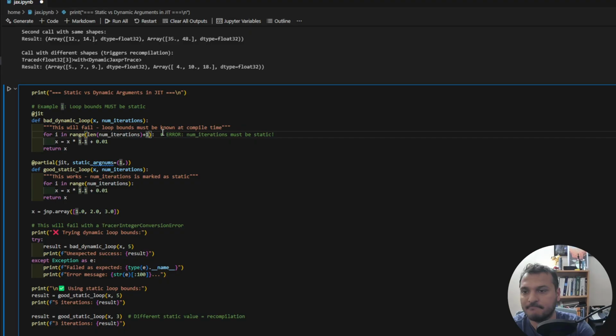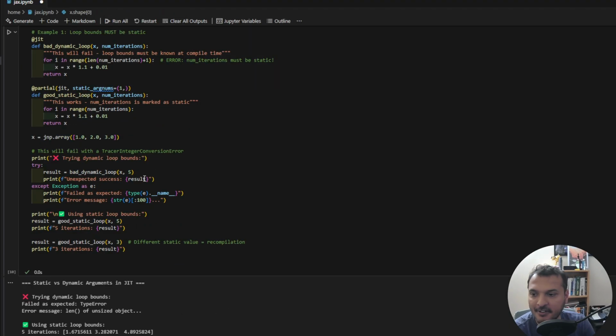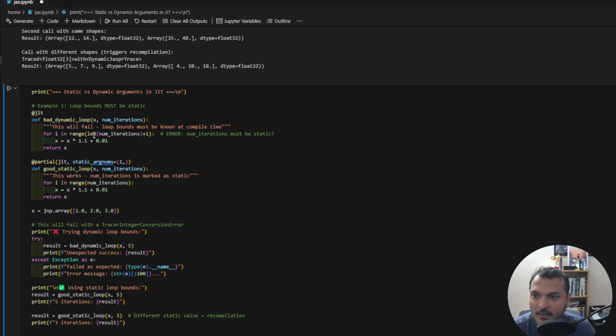Okay. So basically what I'm trying to do here is, passing this will fail, but what if I pass something that is related to the shape, because a traced array still contains the trace information. So if I run it, okay, this failed because we have a type error, so this didn't work